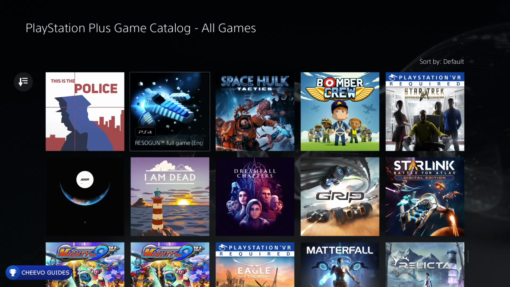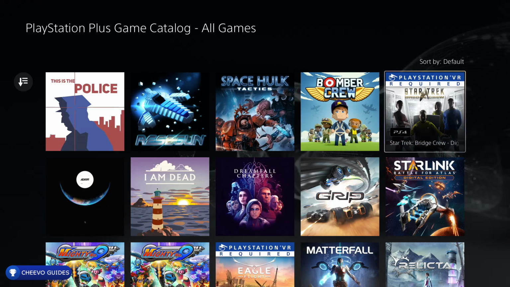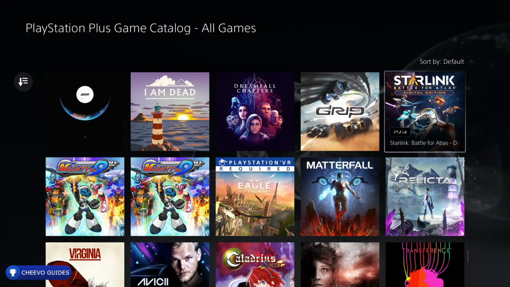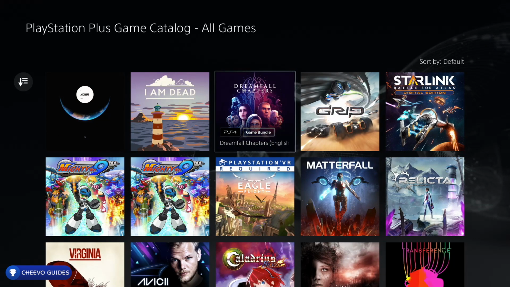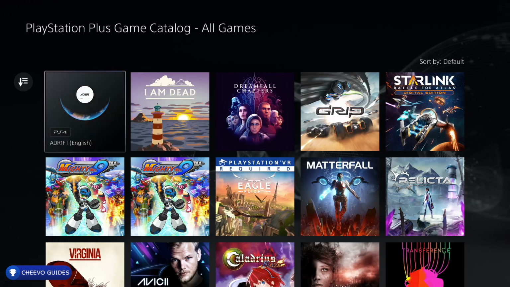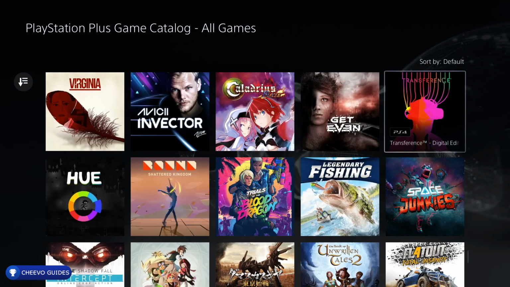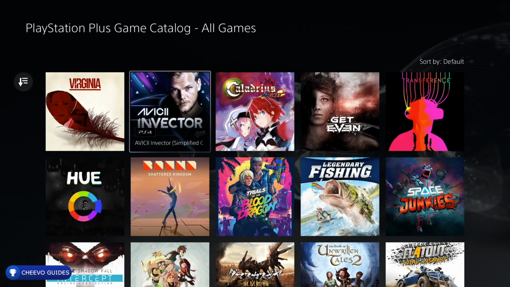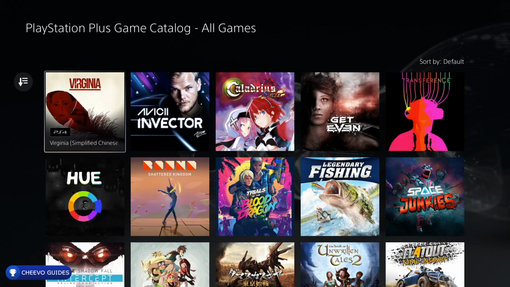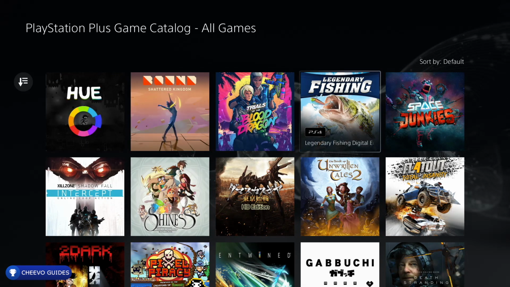Police, Resogun, Space Hulk Tactics, Bomber Crew, we have a VR game here, Star Trek Bridge Crew, Starlink Battle for Atlas, GRIP, Dreamfall Chapters, I Am Dead, Adrift, we have 2 versions of Mighty No. 9, another VR game, Eagle Flight, Matterfall, Relicta, Transference, Get Even, Caladrius Blaze, and then we have Avicii Invector, Virginia, Hue, Bound, Shattered Kingdom, Trials of the Blood Dragon, Legendary Fishing,